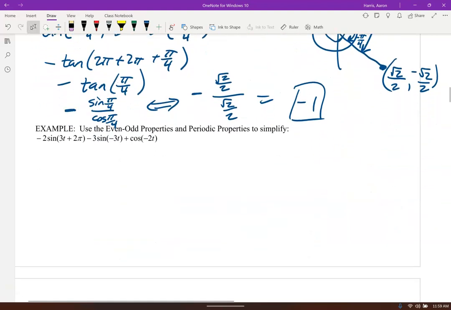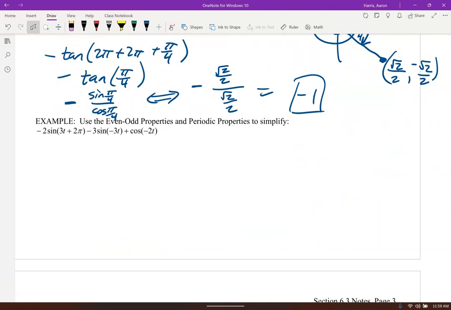Let's use some even-odd properties here. I've got negative 2 sine of 3t plus 2 pi. Notice the 2 pi. That's one time around plus 3t. So this one simplifies to just negative 2 sine of 3t. Okay. And then the second one,